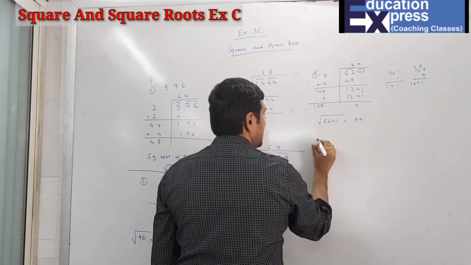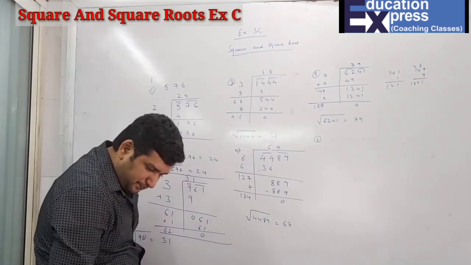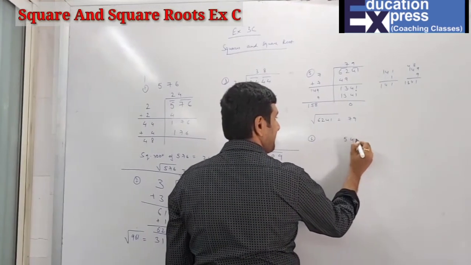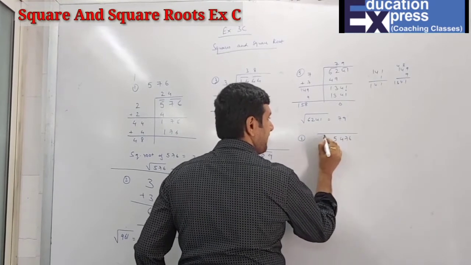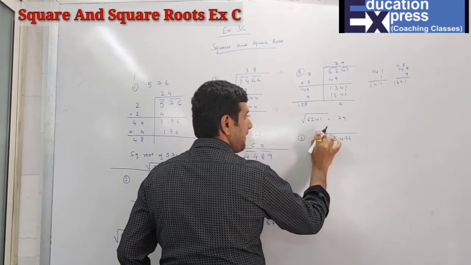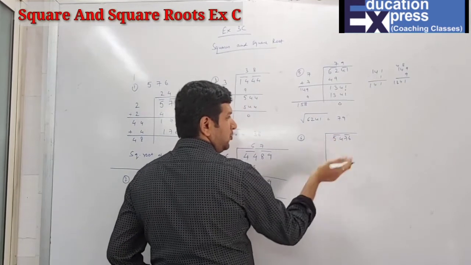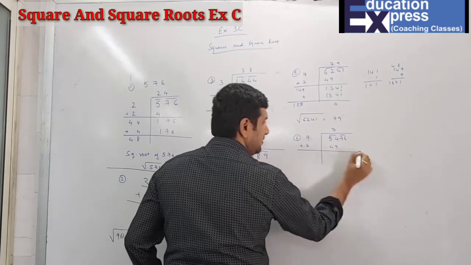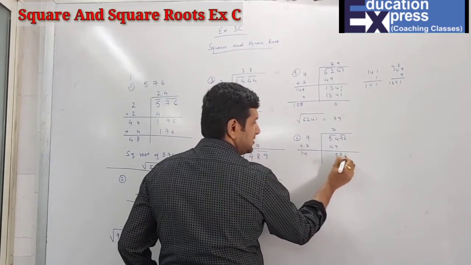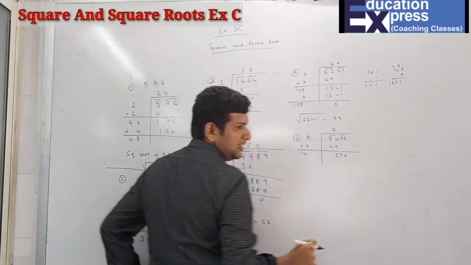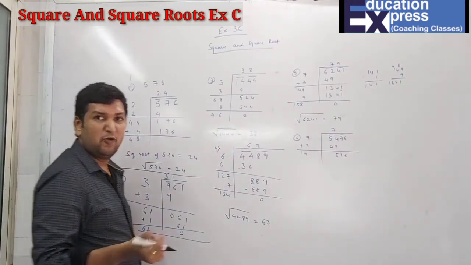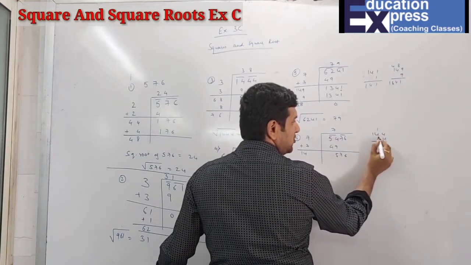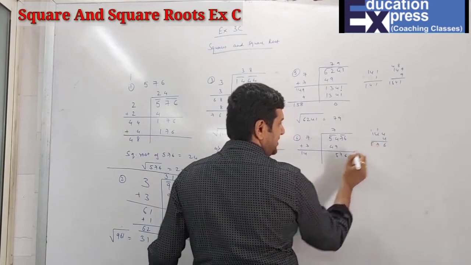Question number 6. Part 6, 5476. Pair 54. Before 54, 7 sevens are 49 plus 7, 14. You get 576. Students, the last number is 6. So for 6, definitely the possibility is either 4 or 6, the square of 4 or the square of 6. This will be definitely there. Along with this, I can try 4 first. 4 fours are 16 plus 17, 4 ones are 4, 5. Yeah, it's coming.